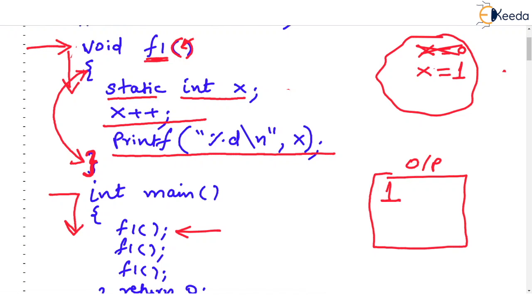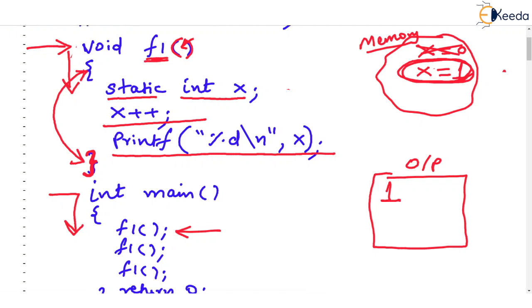Then in this case, x will stay in the memory. X will not be deleted from the memory, and it will stay in the memory, and even its value, 1, will be retained. It will be saved in the memory. That's why probably the word static. Okay. The variable is not deleted, although the scope ends.